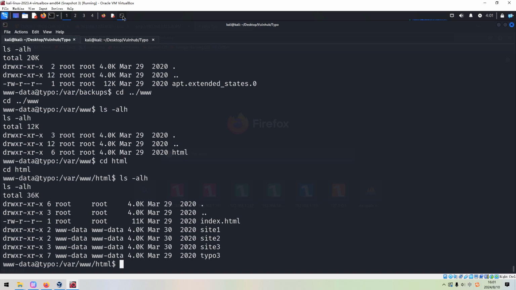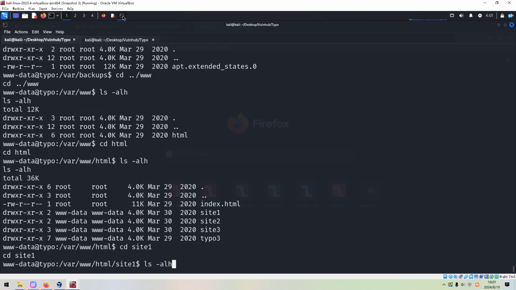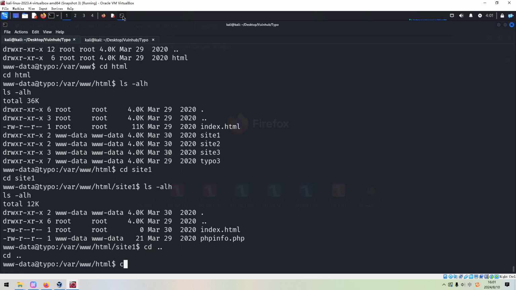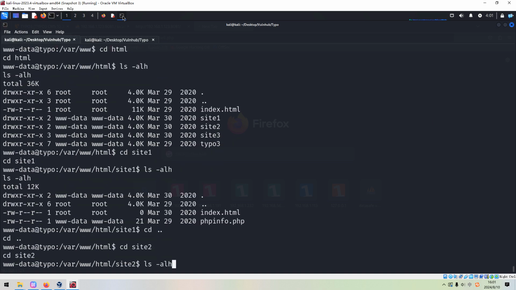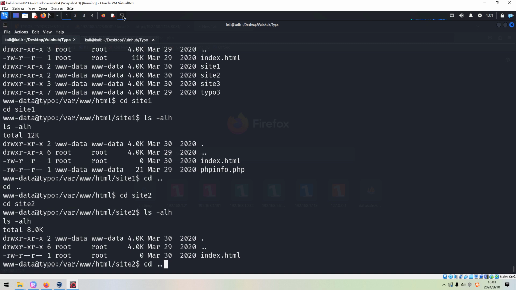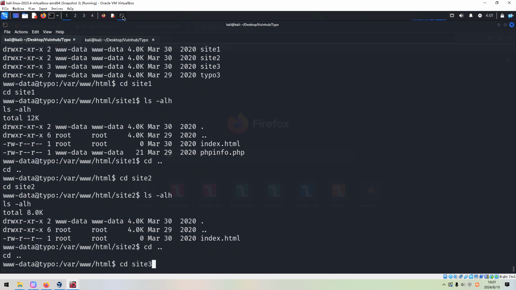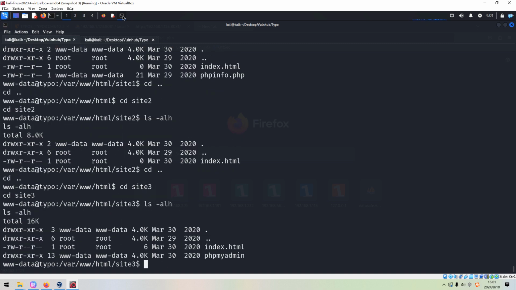There are, I think, 4 sites in total. We can go to each of them. Site 1, nothing there. Site 2, also nothing there. Go to site 3, PHP. But I don't think we can find anything else. We have already got root access to the phpMyAdmin application, right?